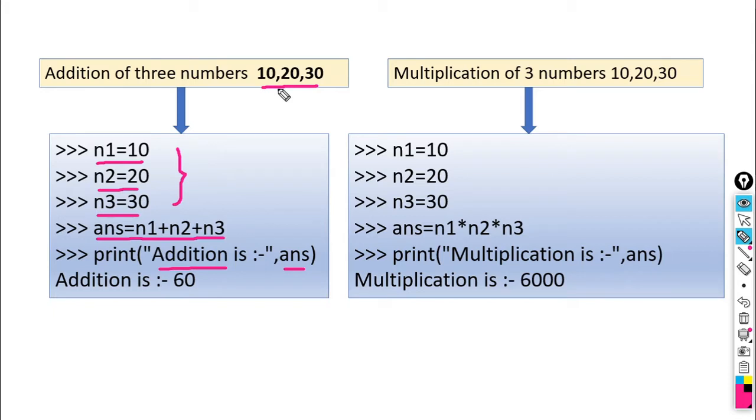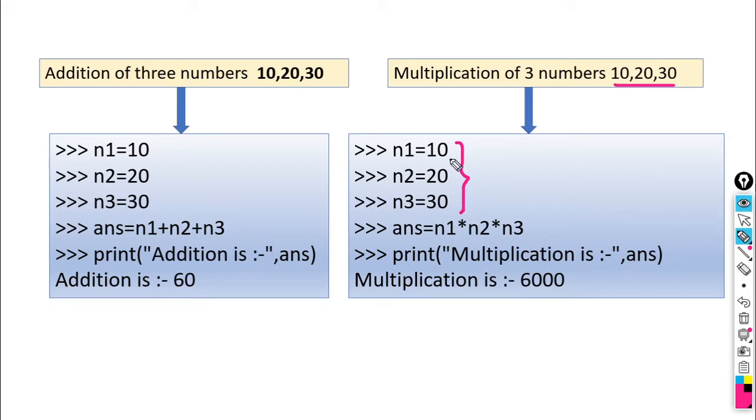So this is the first question: addition of three numbers 10, 20 and 30. Next question here: multiplication of three numbers 10, 20 and 30. Again three inputs are there. We have to perform multiplication of these three numbers. So first you should store these three numbers.